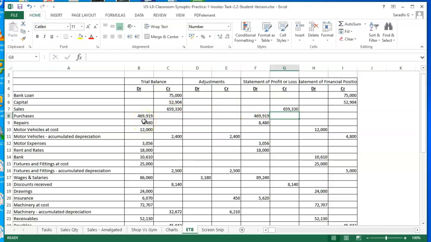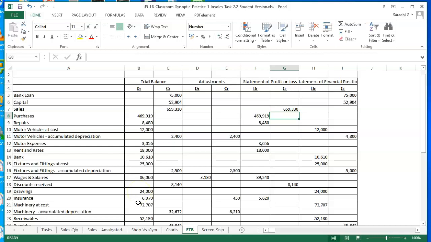Then purchases is there, repairs is there, motor vehicles at cost is fine, accumulated depreciation is fine, motor expenses is fine, rent and rates is fine, bank is fine, fixtures and fittings, accumulated depreciation is fine, wages and salaries is fine, discount received, drawings,